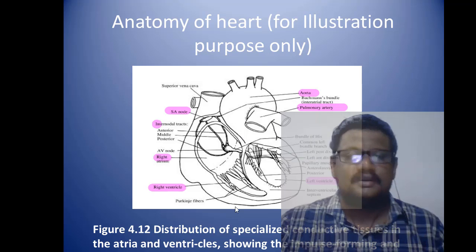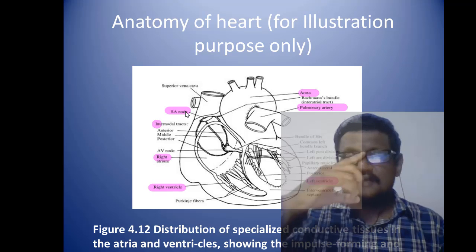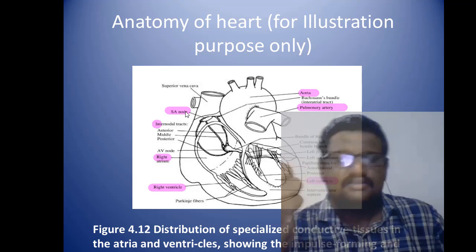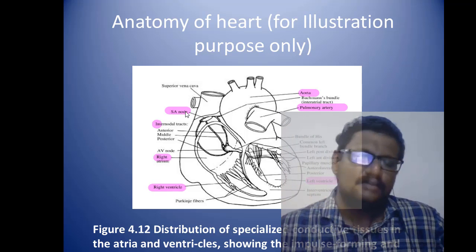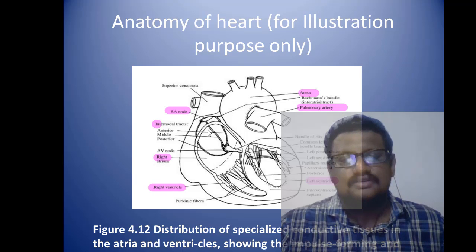Here it is a little complicated, whereas the sinoatrial node is very important. What is this sinoatrial node? It is nothing but that acts like the battery to the heart. The impulses have to be supplied for simultaneous contraction and expansion of the heart. Just like the mobile phone has a battery for its power, the sinoatrial node gives the impulses to each of